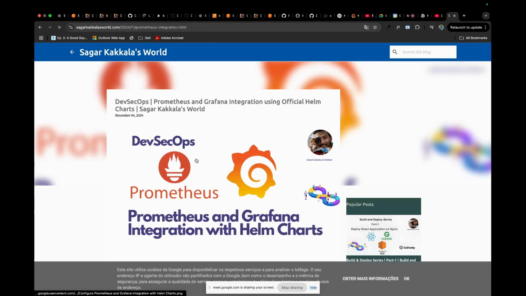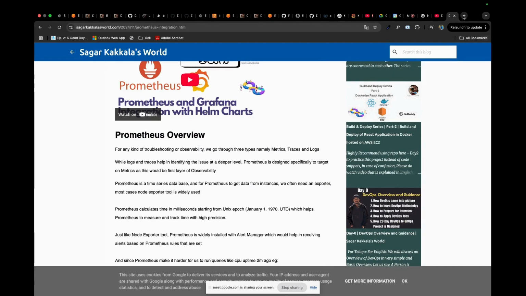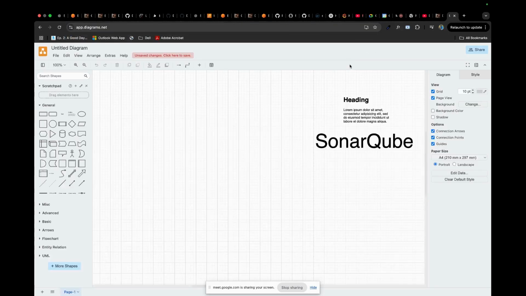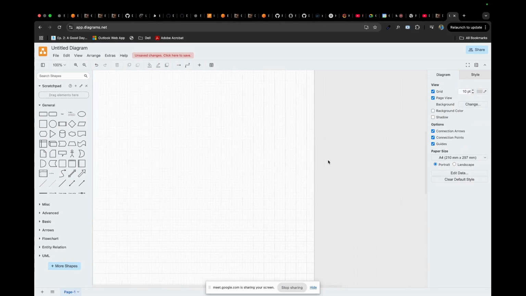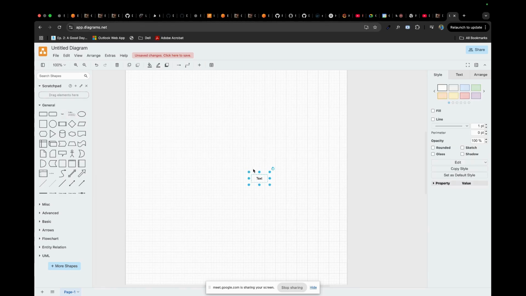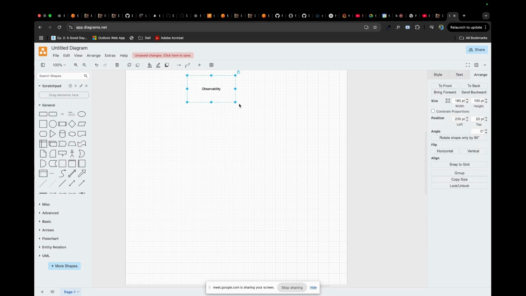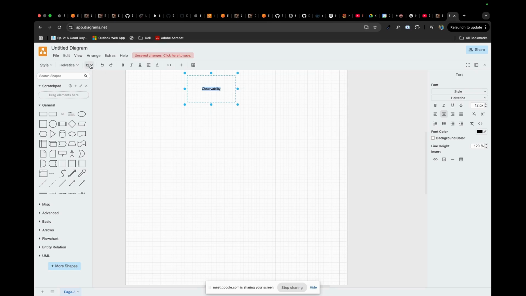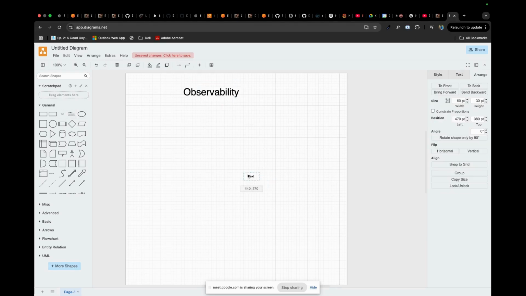So the first thing is Prometheus and Grafana using official Helm charts. Before we start, you have to learn about observability. Let's say if we go for monitoring, and something happens, like your pod is not up, or your Docker image is not up to the mark, or your application is down. There we have observability as a concept, which is a very common term in DevSecOps. In observability, you would have three parts, namely